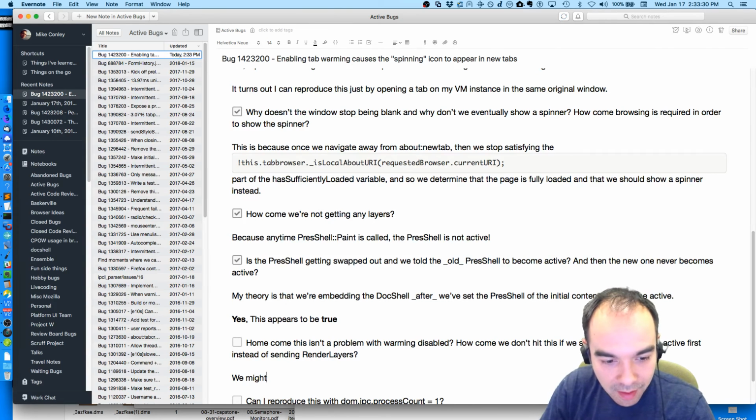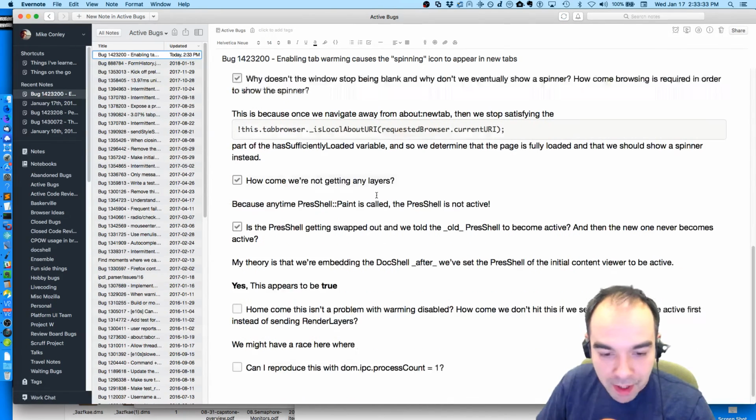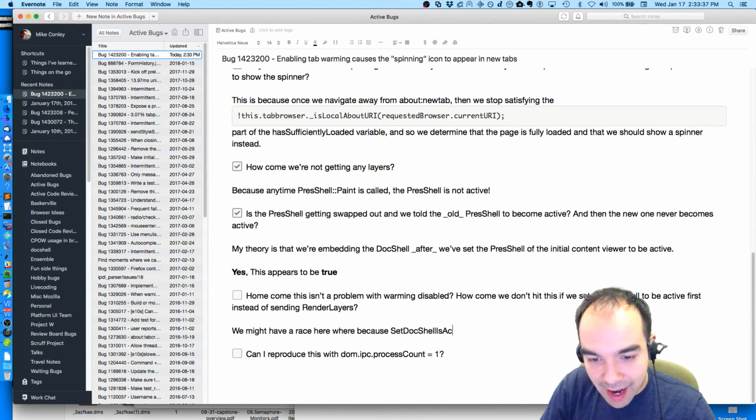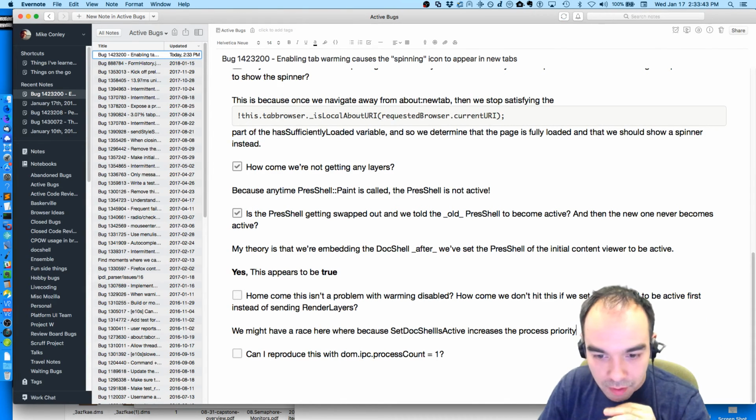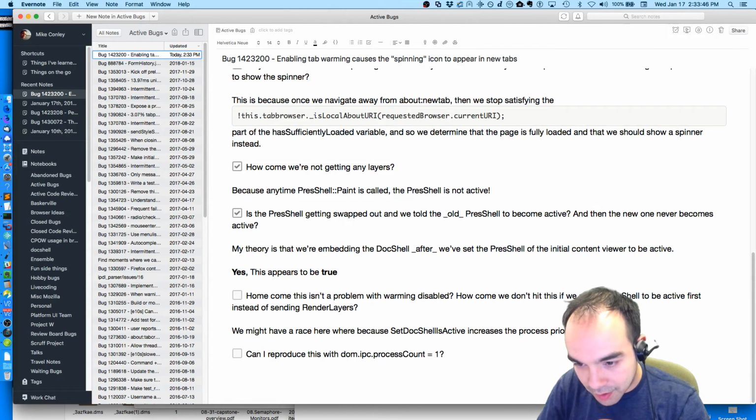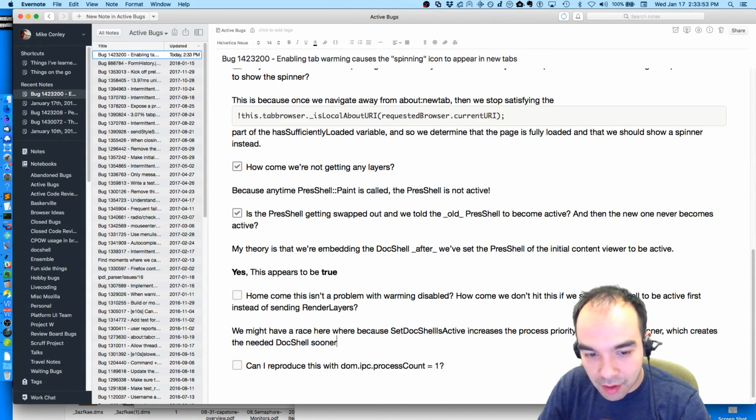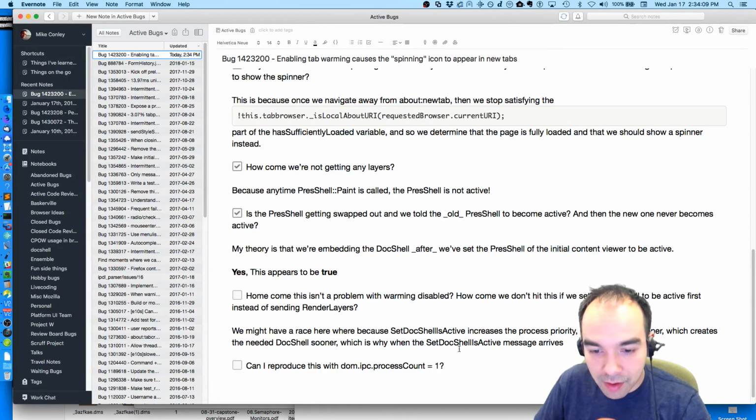We might have a race here where, because set doc shell is active increases the process priority, content.js runs sooner, which creates the needed doc shell sooner, which is why when the set doc shell is active message arrives, the render layers message arrives, the right pres shell is already around.